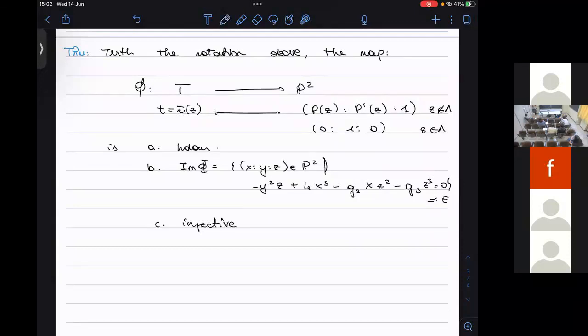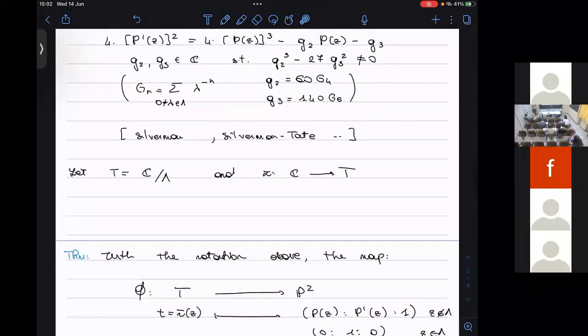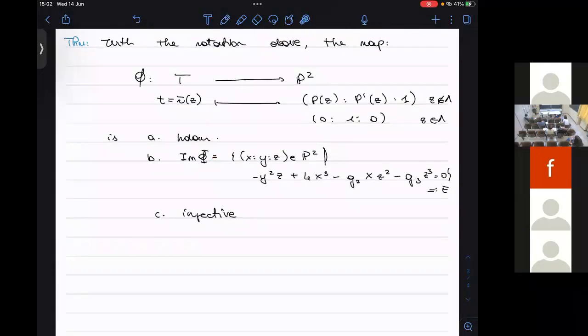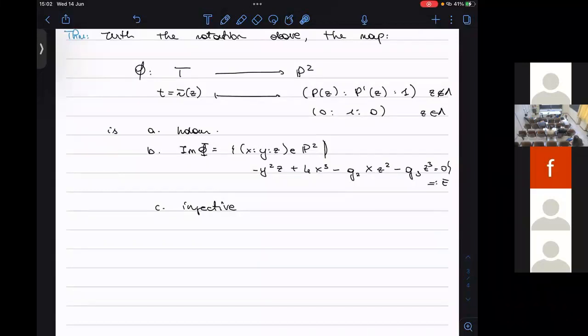I don't really want to prove that theorem, since to prove the holomorphicity, you can work locally. And for the injectivity, you can argue by absurd, but you also have to use the expression of P, which I recall is this one. And to show the surjectivity, you have to prove both inclusions, but it's not so difficult. The point is that if you assume the theorem, the corollary is that